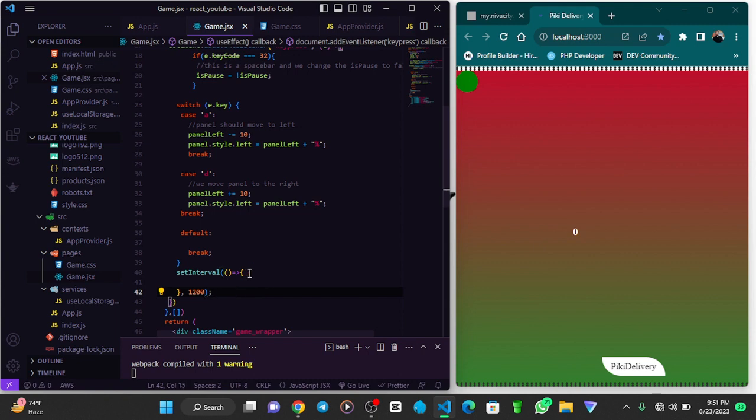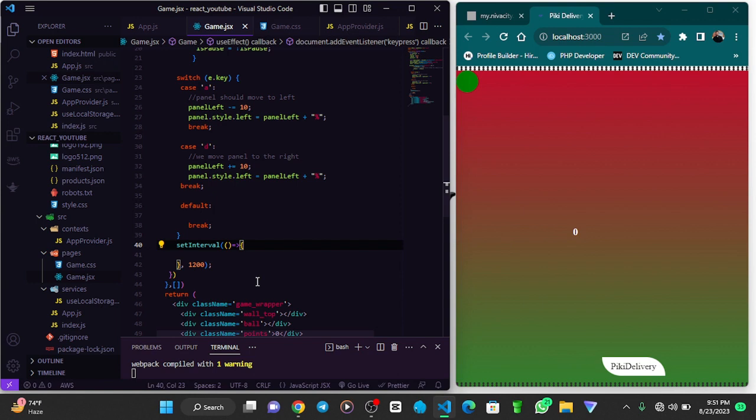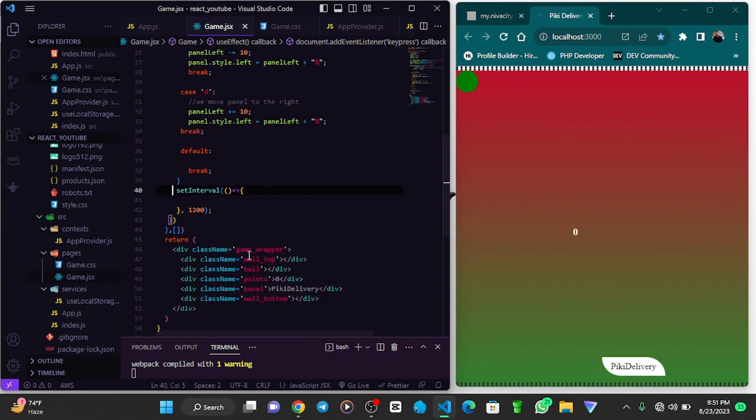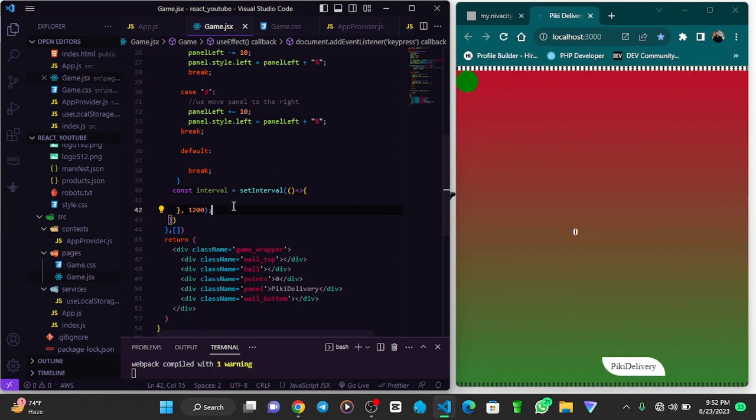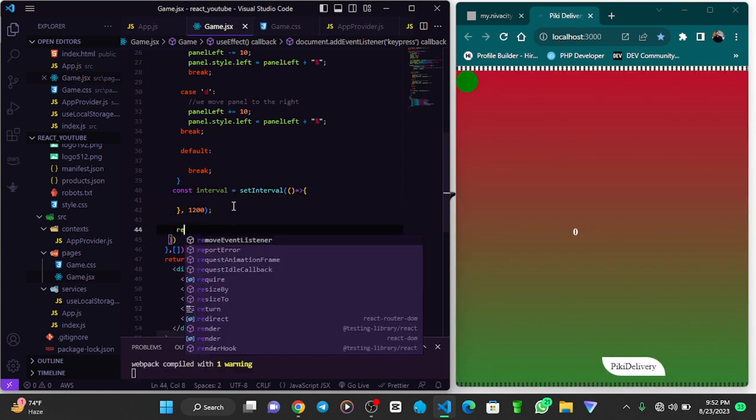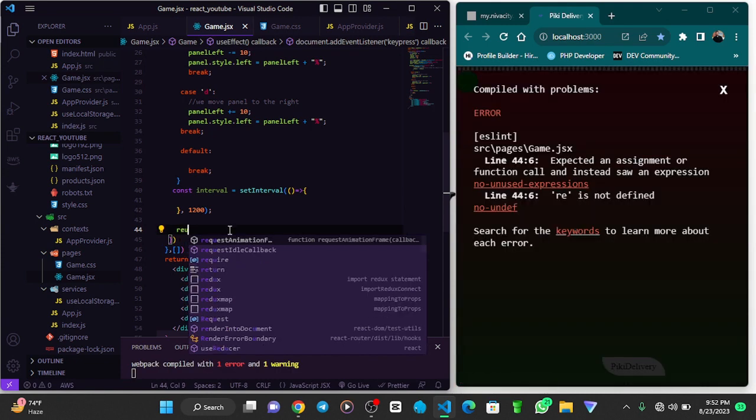Then the useEffect should have a cleanup function. So we name this const interval equals set interval of 1 second. Then we return a cleanup function,